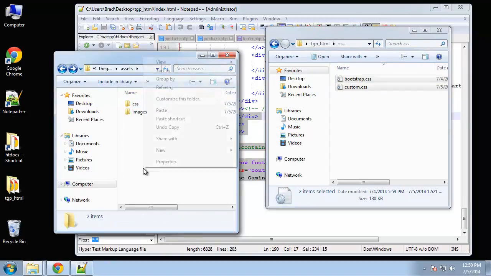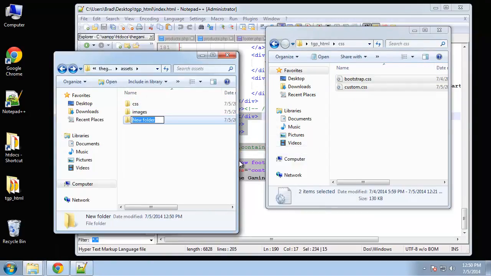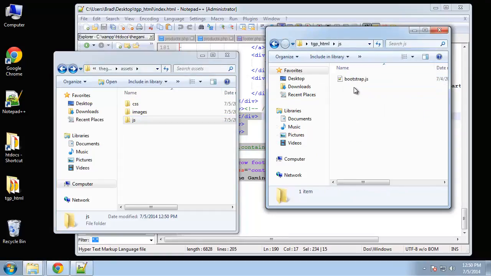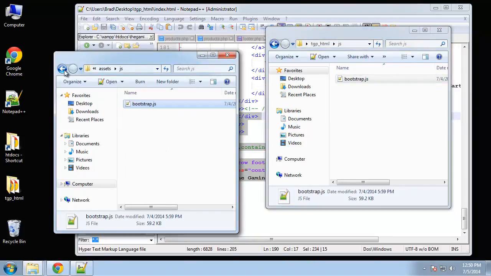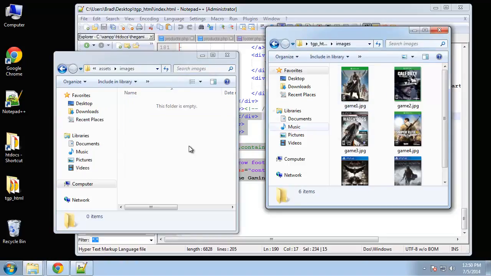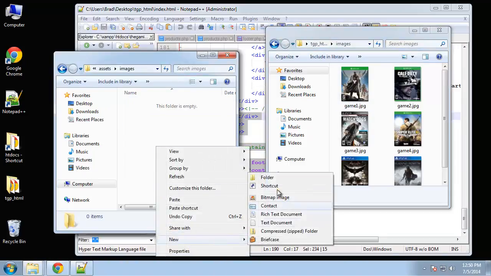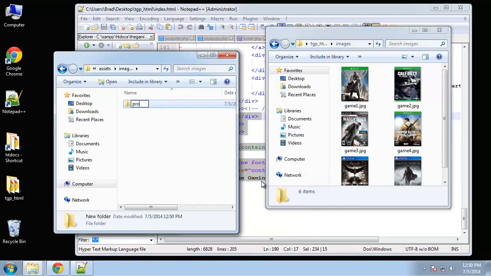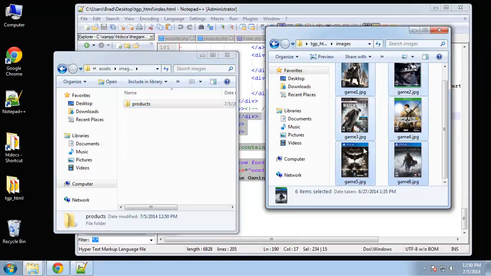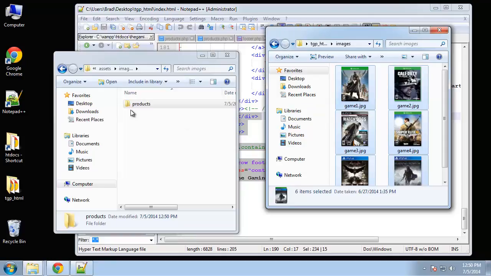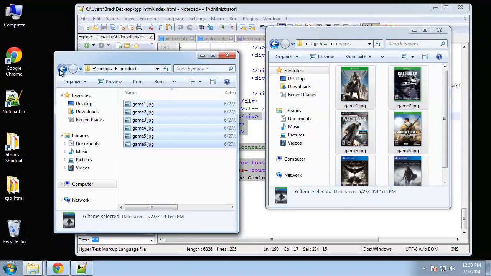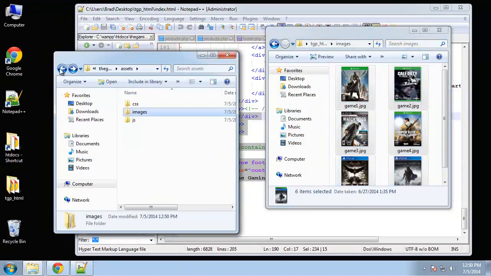Alright, and let's also create a JavaScript folder as well and bring over that bootstrap JavaScript file. And then in images, I'm actually going to create a folder in images and call it products, because this is where all of our games or product images will be held. Okay,